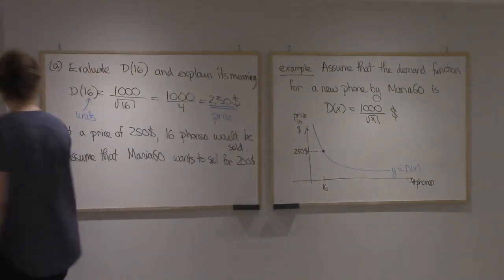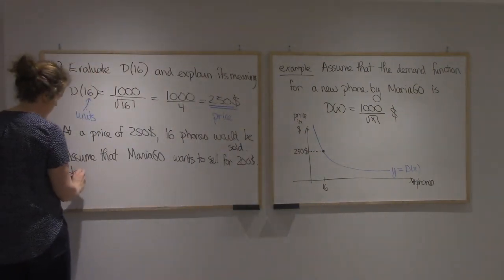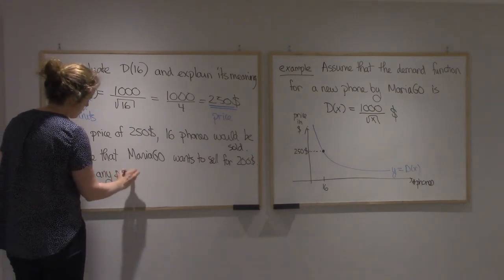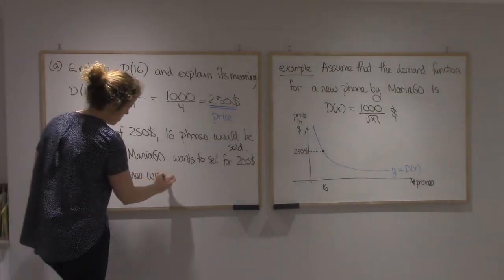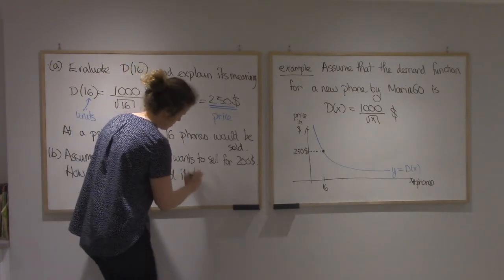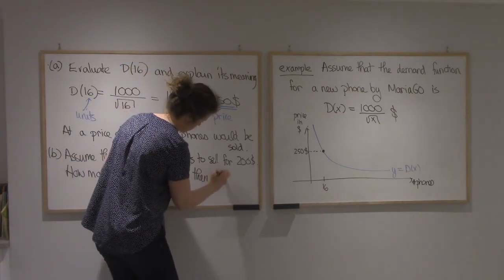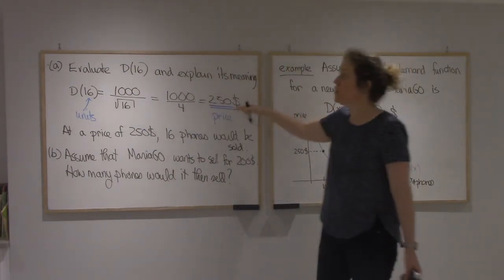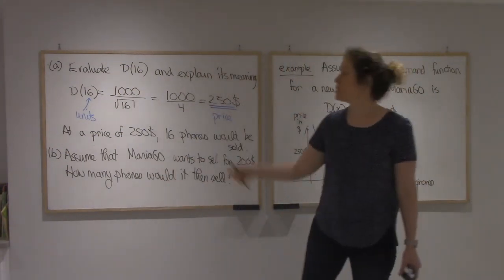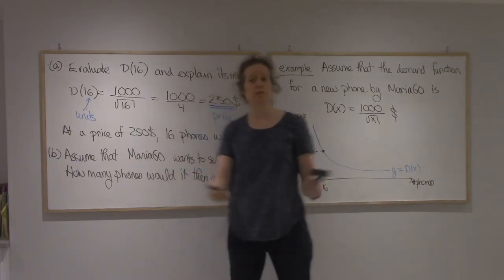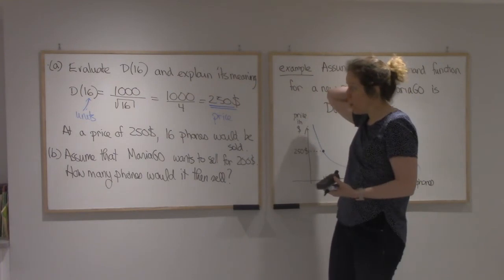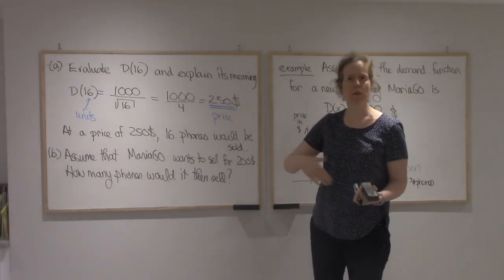How many phones would it sell? So what we learned in A is for $250, 16 phones would be sold. So let's say 16 people would want to buy a phone. So for a lower price of $200, you expect to have